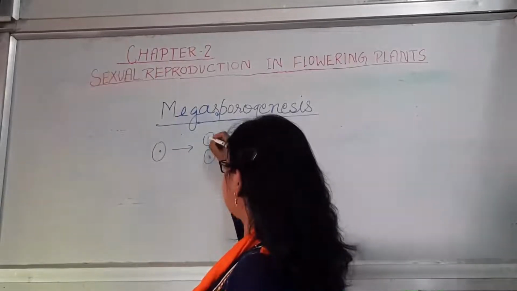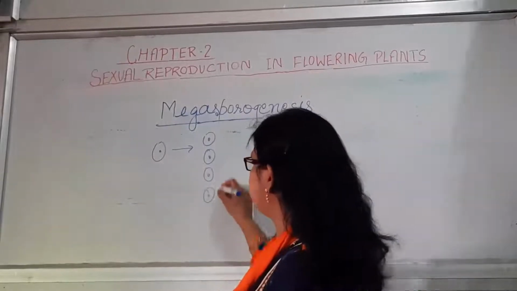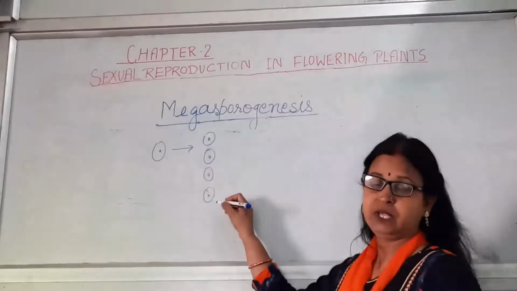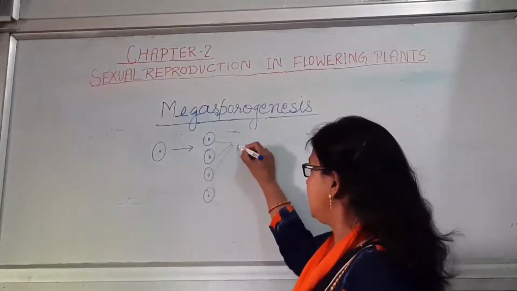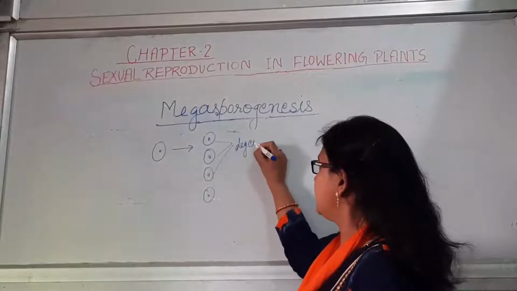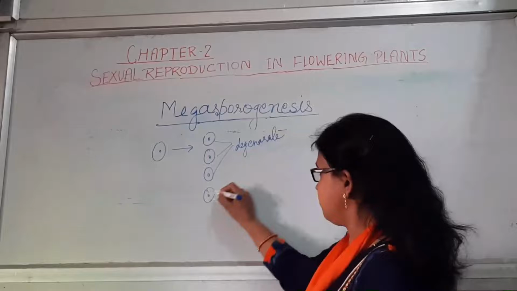These 4 cells are haploid in nature, having half the number of chromosomes. Now out of these 4, 3 will degenerate and only 1 becomes functional,